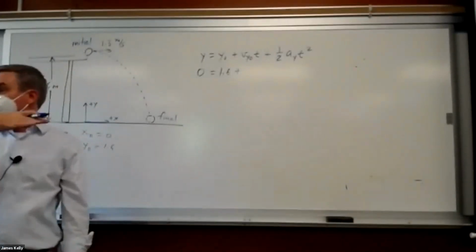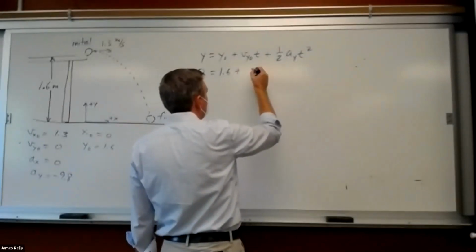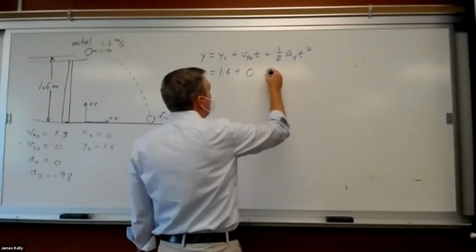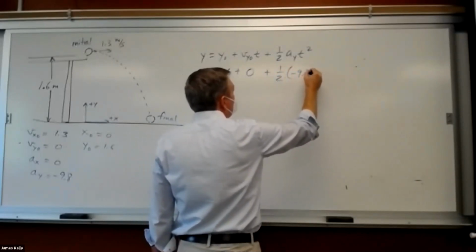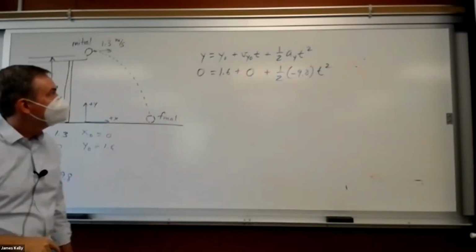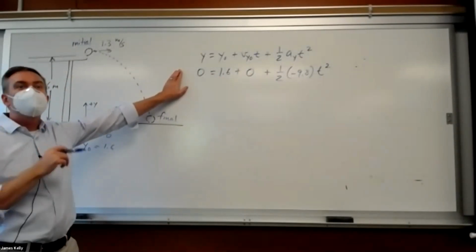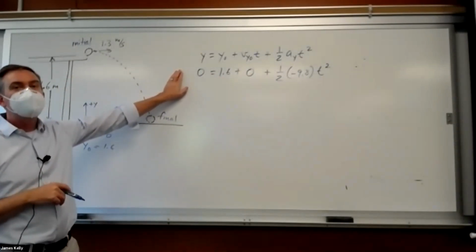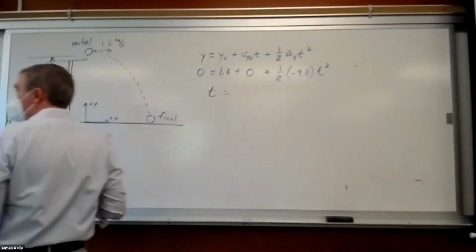It was all going along x when it left the table. It wasn't moving along y initially at all. That changes later on, but that term is 0. 1/2 a_y is minus 9.8 in my coordinate system, and then I've got a t squared, and that's not so bad. I put this over here with a minus sign, then cancel the minus signs, then multiply by 2, then divide by 9.8, and then take the square root to get t equals